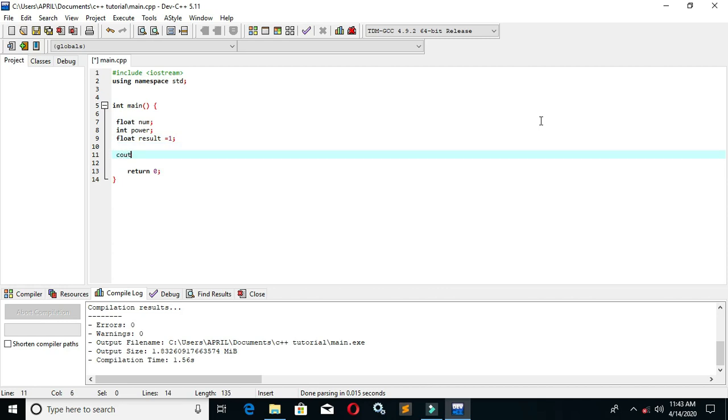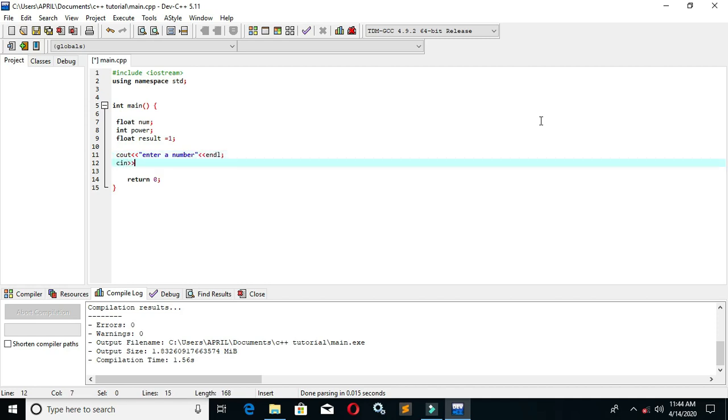So let's ask the user to provide those values. This is pretty cool, getting input from the user. So cout, enter a number. We ask the user to provide the number. Once you ask a question, make sure you gather information from the user. Let the user reply. So with cin we're storing our number in num, never forget that. After that, we say cout